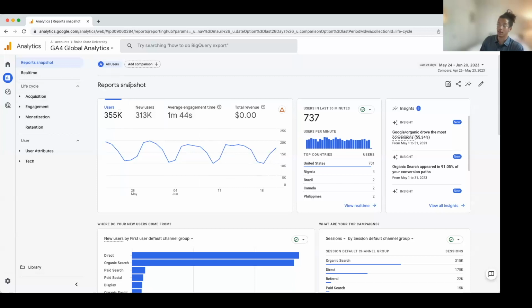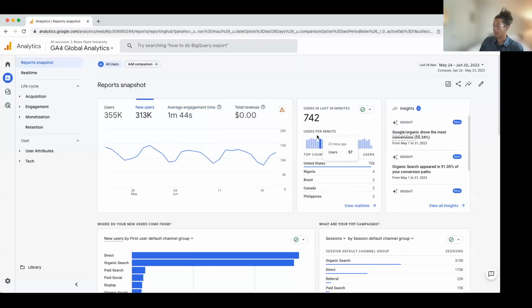But really, this is doing exactly what it says, giving you a snapshot of all of the reporting data on one page. So we have our users, new users, engagement time, and we can choose which one of these we want trended. This is kind of a real-time snapshot where we can see our users in the last 30 minutes, users per minute, and top countries they're coming from.